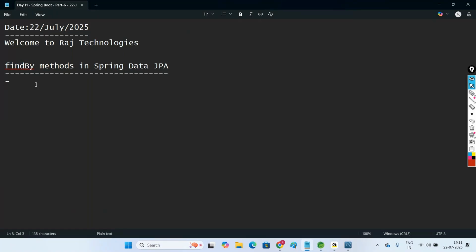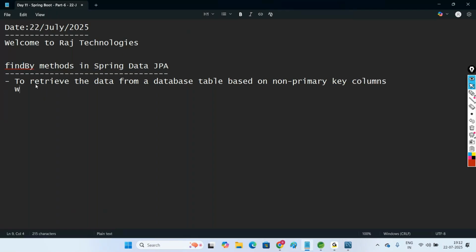So the use of this is to retrieve the data from a database table based on non-primary key columns. We use find by methods. Going forward, when we write find by methods,